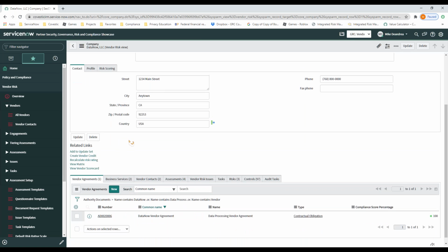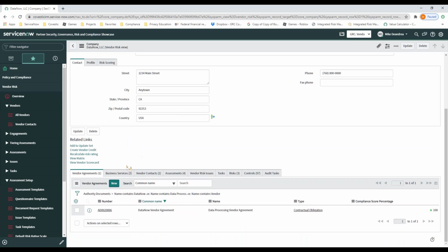And what I really want to draw your attention to are these tabs down here. These tabs in ServiceNow are referred to as related lists, and they show information that is relevant to this particular vendor. This information can be stored anywhere in the enterprise throughout the ServiceNow database. So